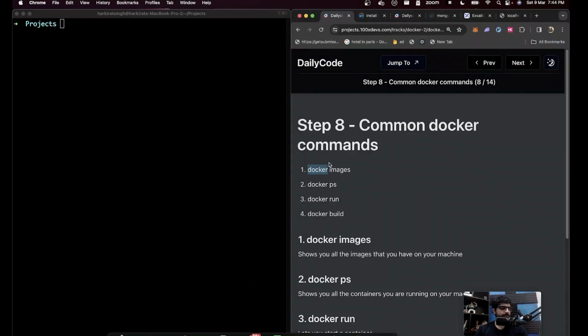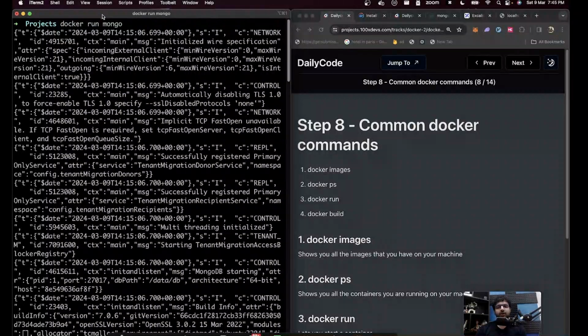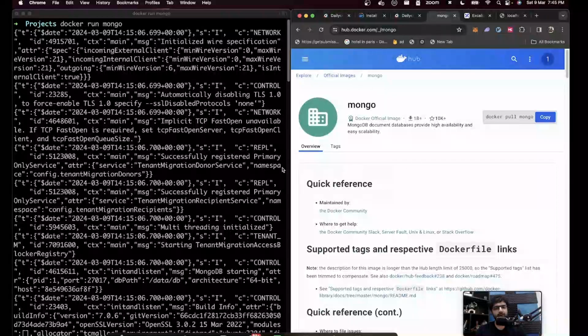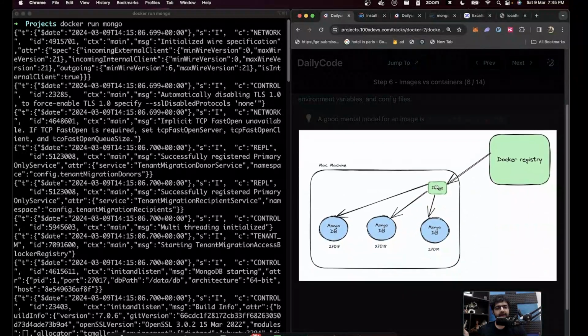The first command, maybe before you run the Docker images command, just once for me, run docker run Mongo. You don't have to add a port mapping, but just run this once, docker run Mongo, and press enter. What this will do is it will pull the Docker image from Docker Hub so that you have it locally. This thing right here that I was talking about, the green image right here, so that you have some image on your machine that you can explore as you're running some of these commands with me.